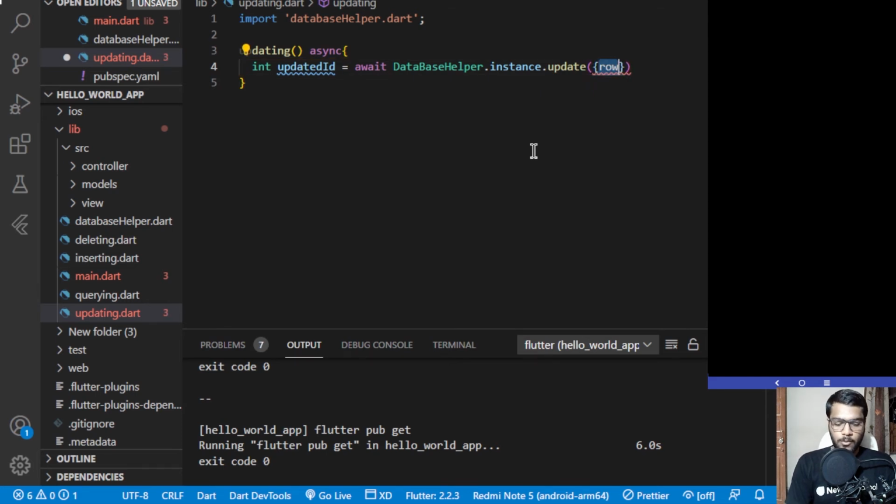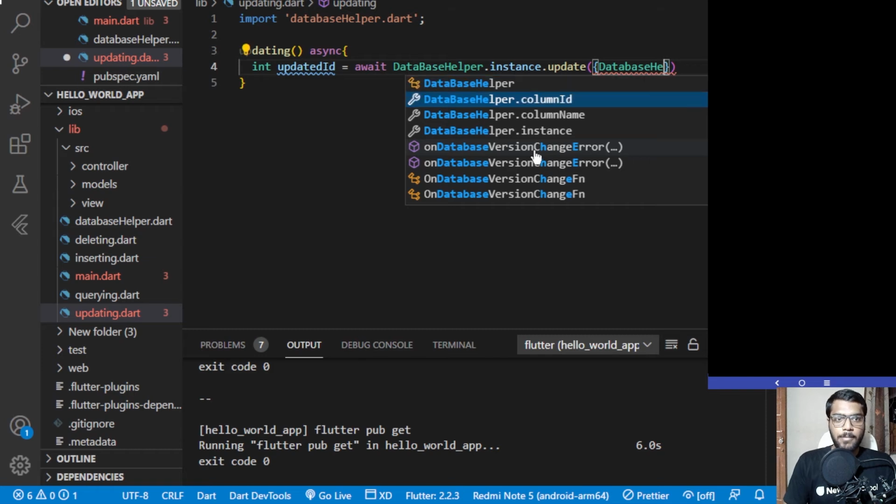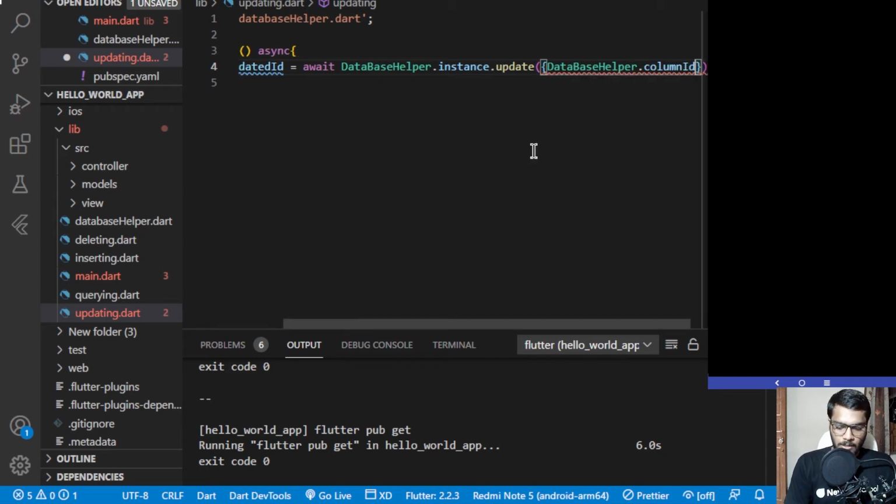So what I can do is I can pass DatabaseHelper.columnId equals to 3.